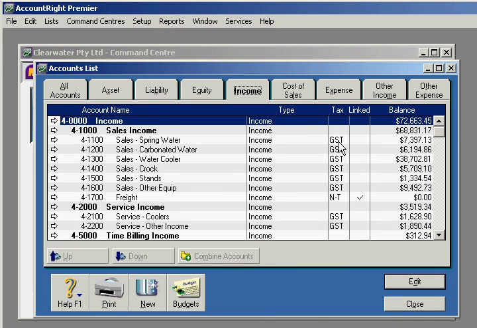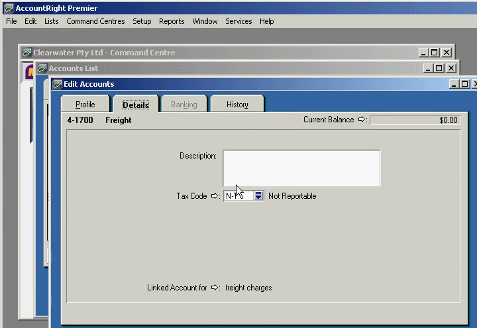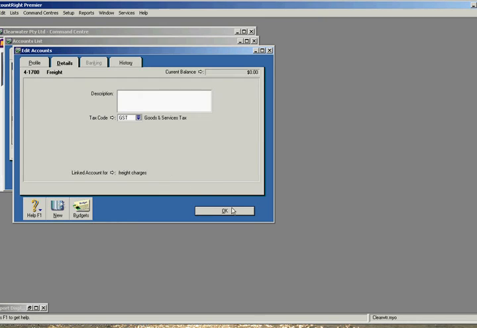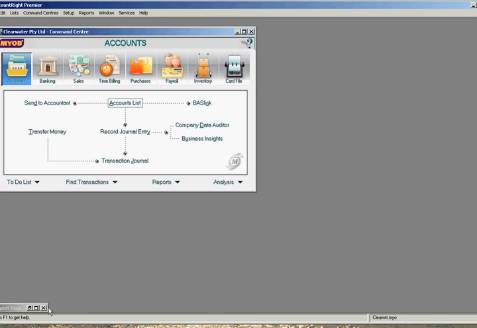We've now gone through to income. You'll see that there is a default on spring water of GST, and there's a default on freight of N-T. So if we want to change that, we click on the arrow there, select details, and change our code at this point. We'll now press OK. That has now been updated. Close that screen, and here's our